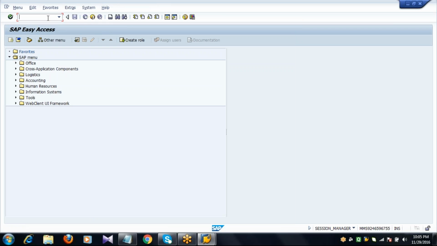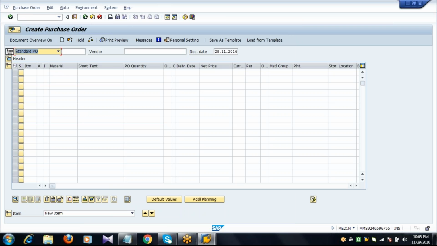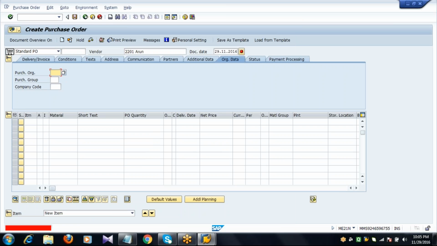Now to see the behavior, I will create a purchase order. To this vendor, 2201 vendor, I am creating a purchase order where I allocated a maximum quantity of 2 lakh kgs. Create.